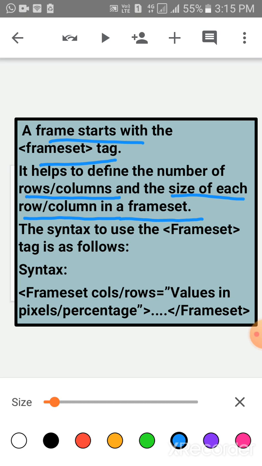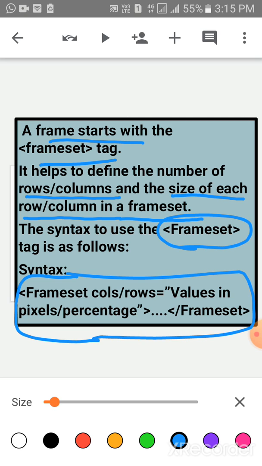The syntax to use the frame set tag is as follows. frameset cols or rows equal to, within quotes, write down values in pixels or percentage, closing tag, and then write down the text here, and lastly you have to close the frame set tag.